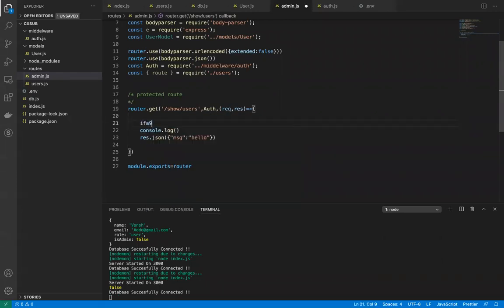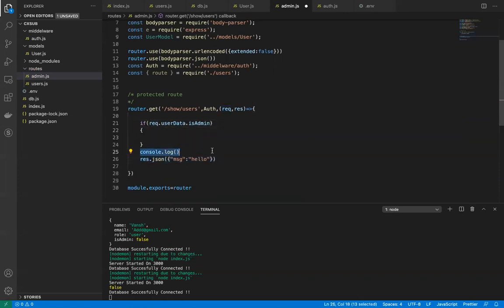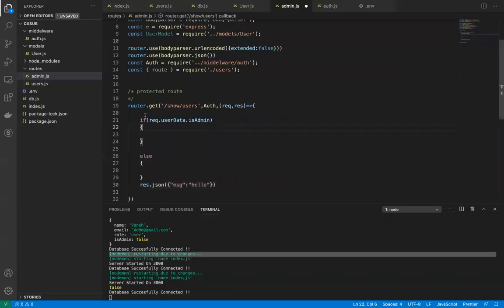So if it is false, it is not admin, then we are going to do this. Then if it is admin, that is doing this. Yeah, so here we have this, if this is false, it means he is not admin. So if he is admin is false, it will become true. Okay, let's not do this, simply we will make it this. If it is false, it is true.